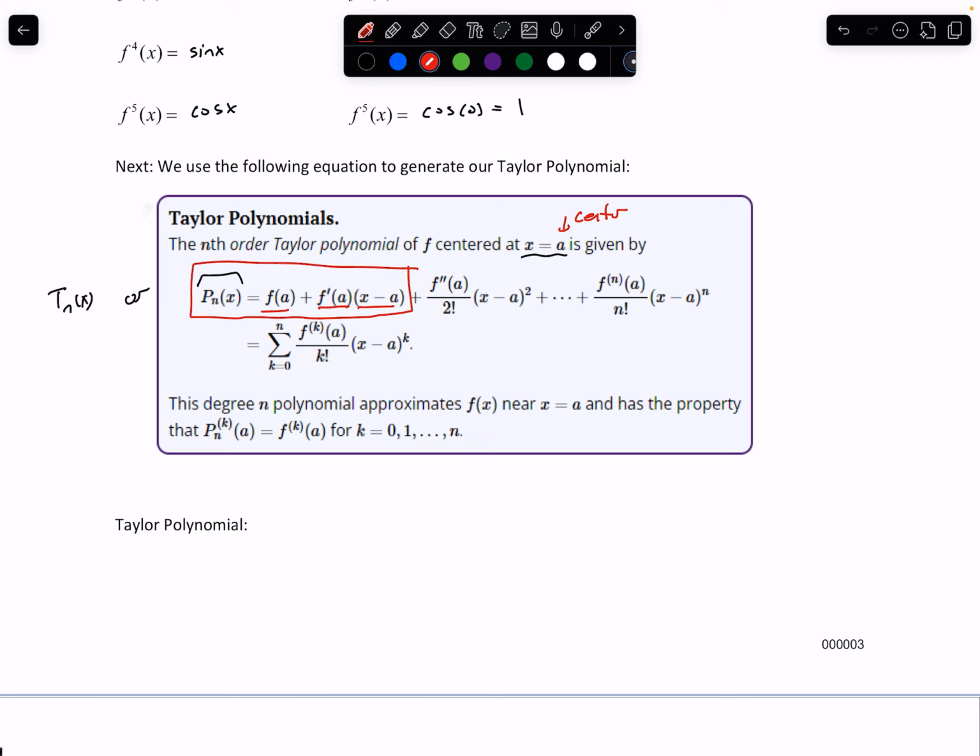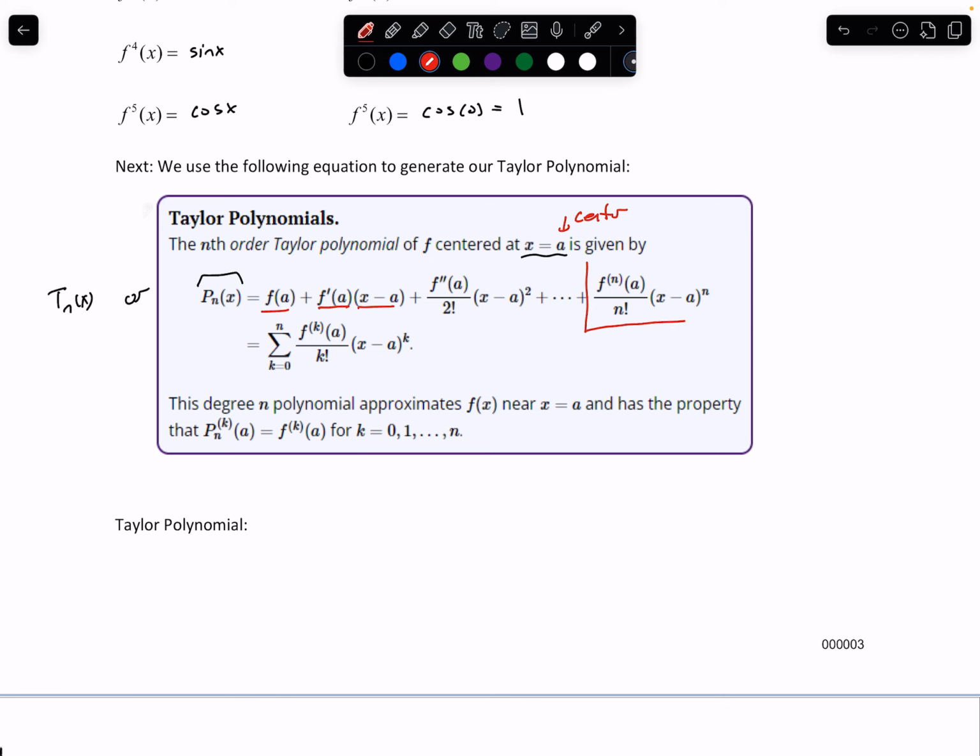If I bring the f of a over, it's y minus y1. That's just my tangent line. So even in Taylor, we do see our tangent line polynomial, but then it gets a little bit wonky. We're going to add, notice here, the second derivative at a divided by 2 factorial. Yes, there's a pattern. Times x minus a squared plus dot dot dot plus, and now we come to the